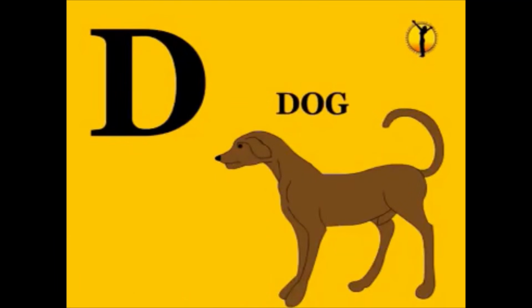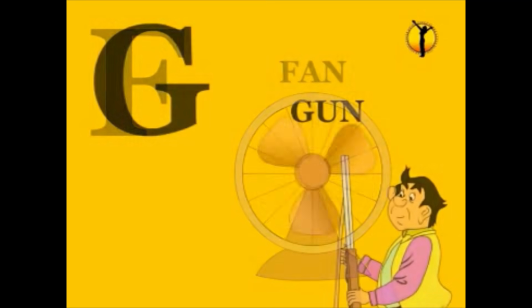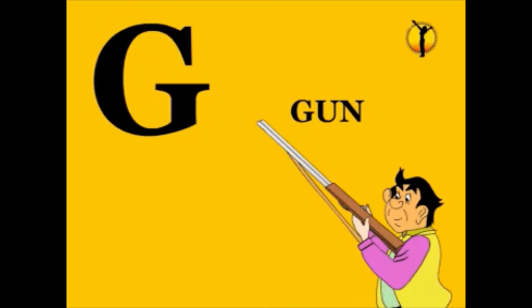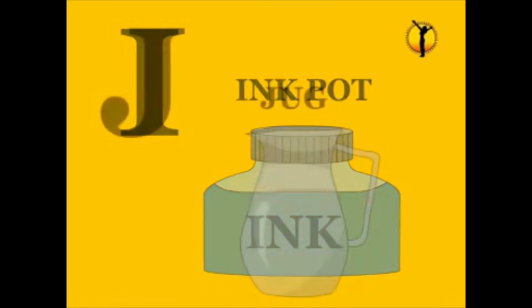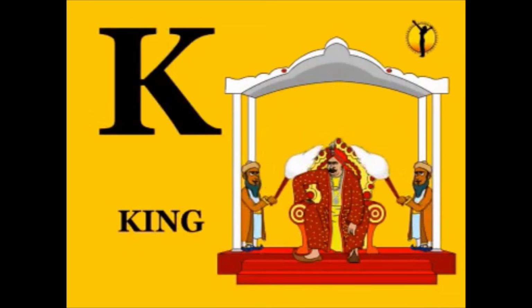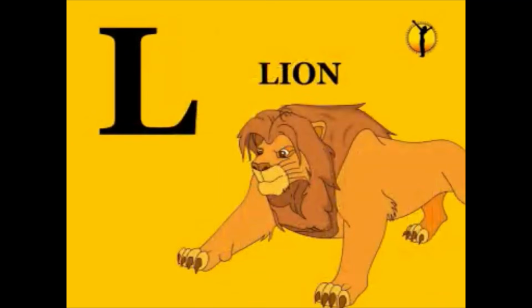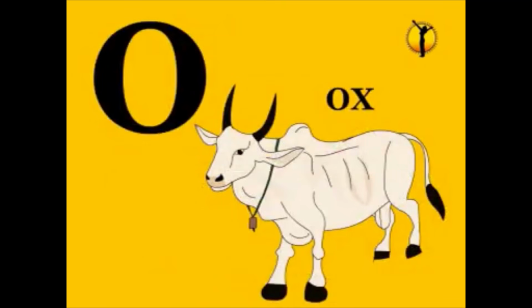D for dog, E for egg, F for fan, G for gun, H for hen, I for ink pot, J for jug, K for king, L for lion, M for monkey, N for nest, O for ox,